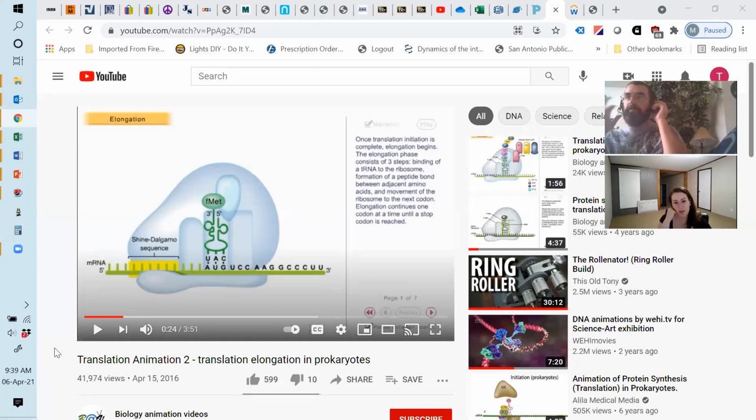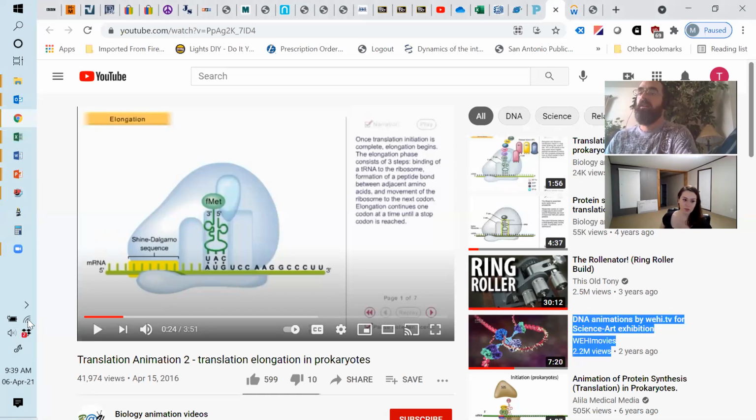Starting to get warmer. All right, so essentially what we have here is the initiation of translation has already occurred in prokaryotes. It's prokaryotes. Why? Well, because it's in the title of the video, somewhat unhelpfully, but also because there's a Shine-Dalgarno sequence here too, right? And so that tells you it's prokaryotes because in